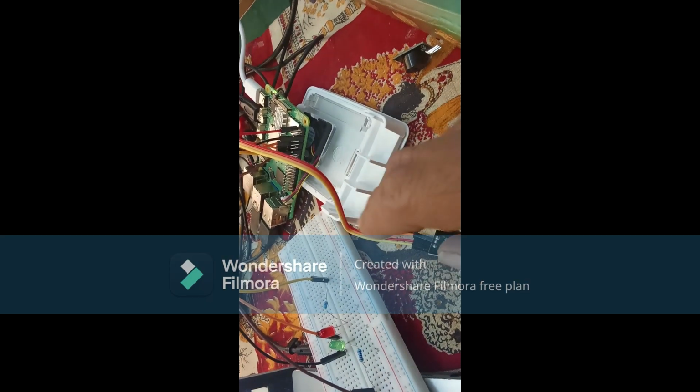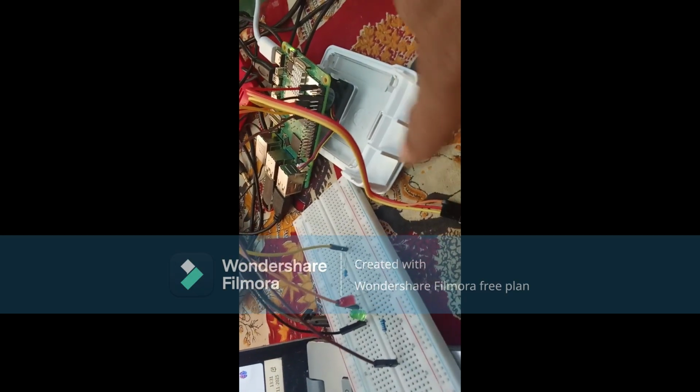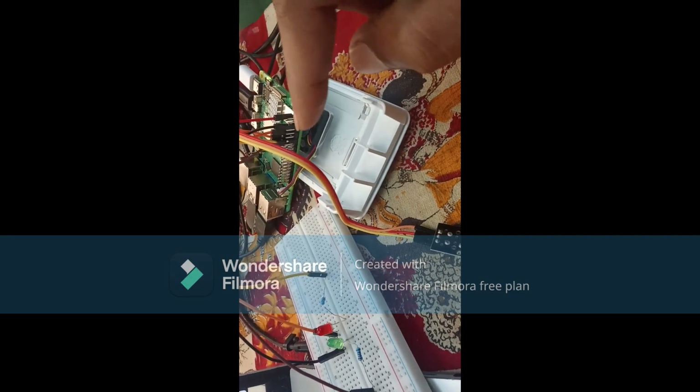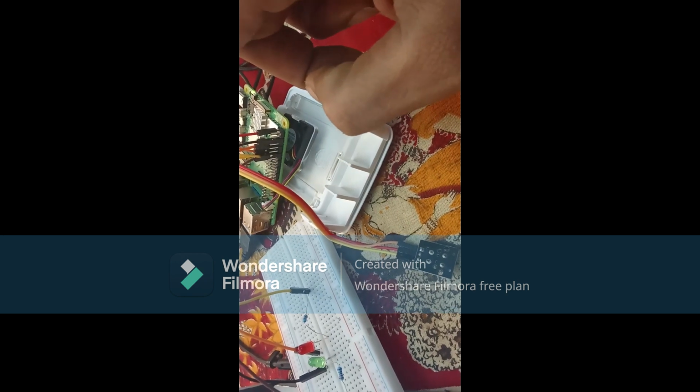3 pins, which are the VCC, the ground, which is the negative, and the signal. The VCC is connected to pin 1. The ground is connected to physical pin 14, ground of Raspberry, and the signal pin is connected to physical pin 11. And further, the ground from the smaller pin of both the LEDs,